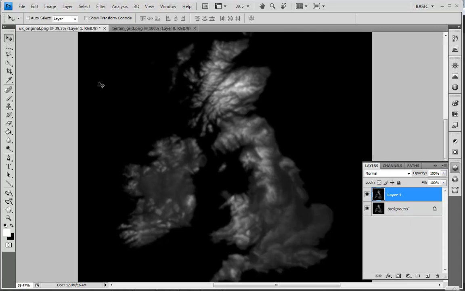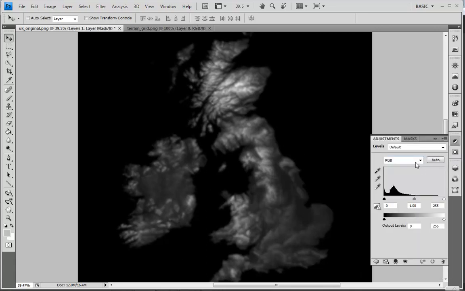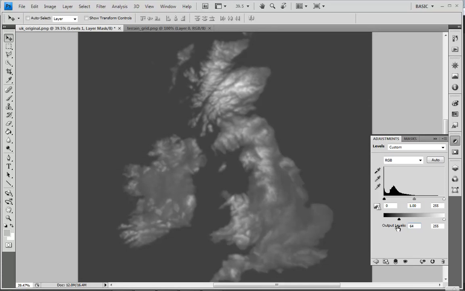The other thing I want to do is all this black. I want to get rid of it. I don't want it completely gone, but I want to bring it up just a little bit. So I'm going to put an adjustment layer on, and the layer I'm going to use is levels. Now I want to take my black level down here and raise it from 0 to about 64. That's going to remove a bunch of our blacks and give us a more middle level